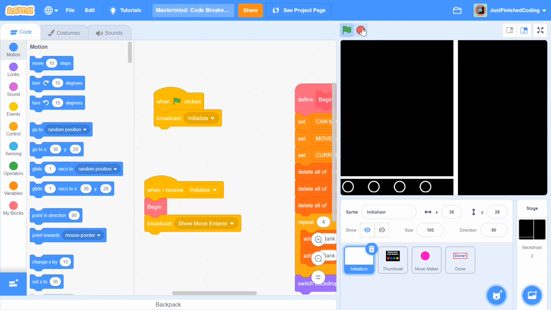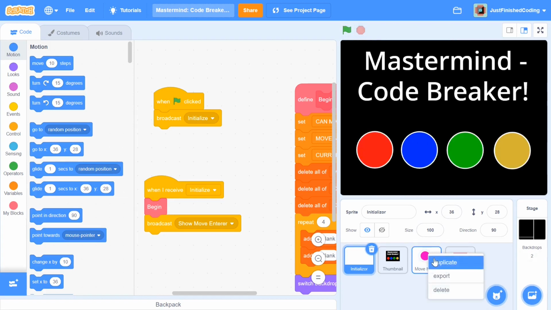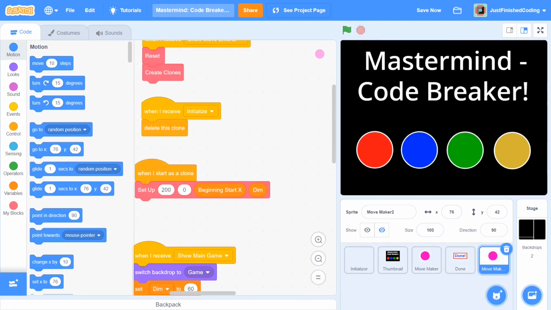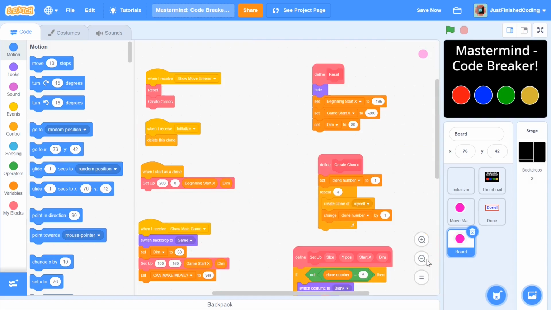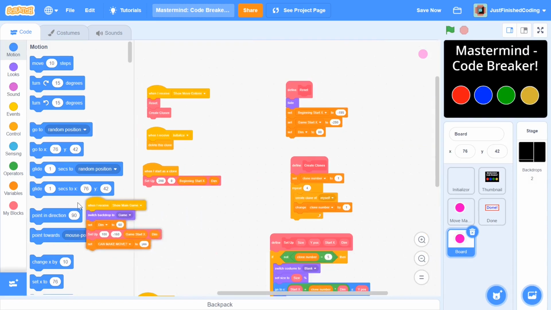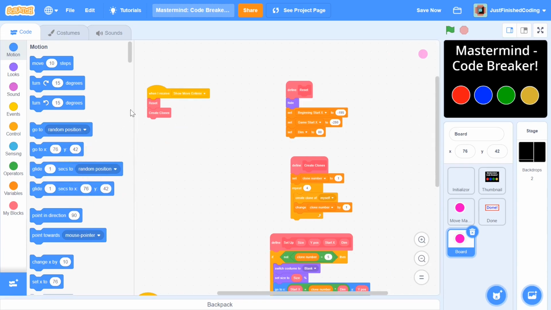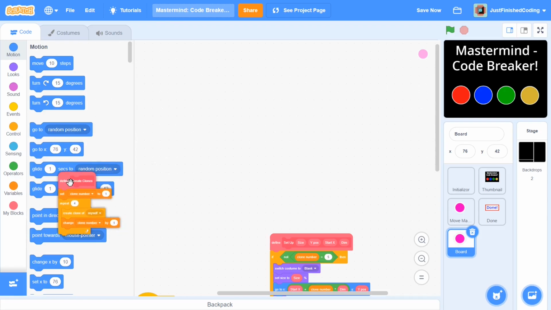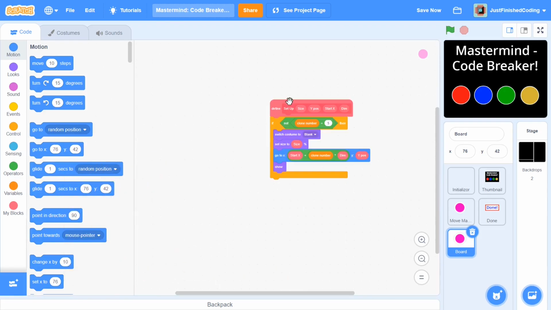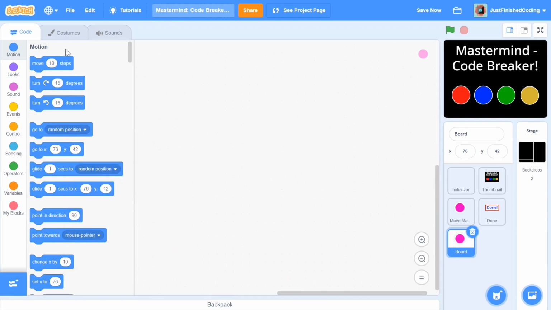So I'm going to start off by duplicating the move maker sprite because I've rearranged all of the costumes perfectly. Now you can rename the sprite to be board, and after that you can actually just throw out all your code. So I'm going to zoom out to the maximum and throw out all these blocks of code one by one. I'm doing this because our costumes are set up, and while you could technically upload the costumes once again, it's just easier to do it this way.